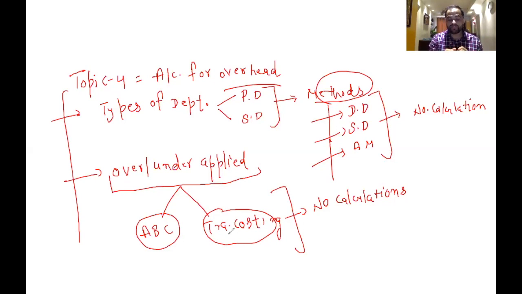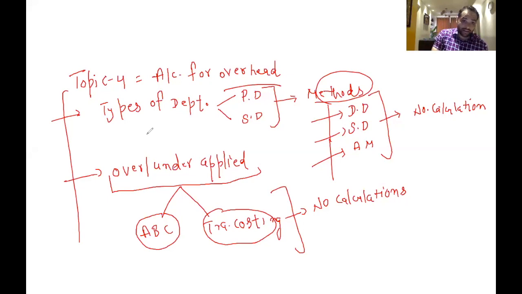So you need to know the difference between ABC and traditional, and which kind of companies apply ABC. Of course, large, big companies. Small companies most likely focus on traditional costing, because ABC is a more time and money consuming method. Small companies may not afford the application of ABC. That's why they focus on traditional costing. This is the kind of theoretical thing that you have to know.